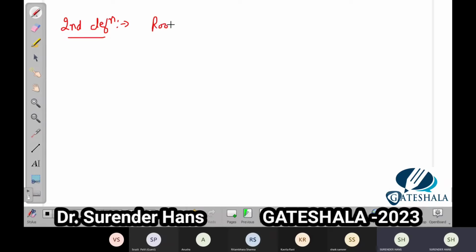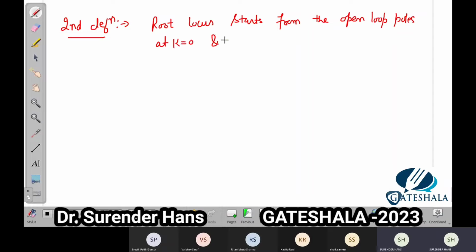given already in the question itself. So root locus starts from the open loop poles at k is equal to 0 and terminate